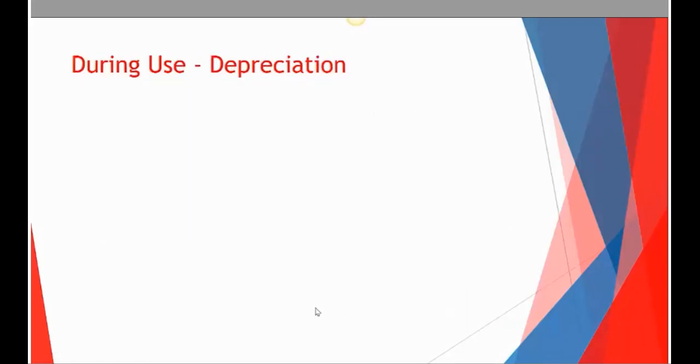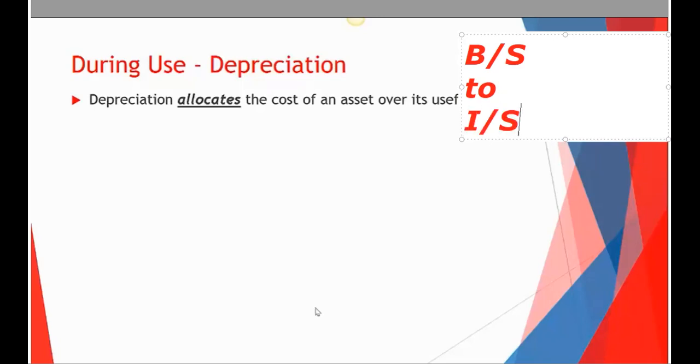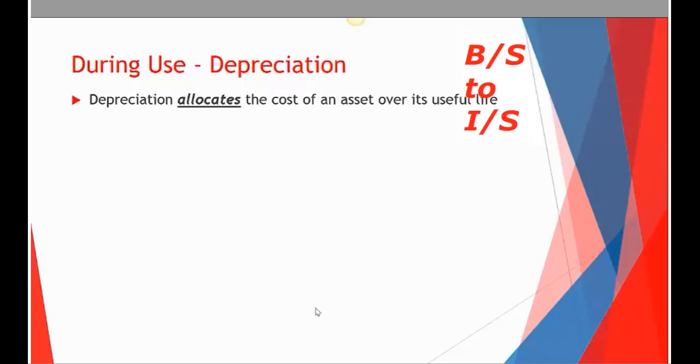All right. So those entries cover the setup. The initial entries, we're ready to go, we have our asset on our books, but now we're going to use it throughout the years, hopefully longer term, and we're going to talk about depreciation. One key with depreciation that I hear students struggle with almost every year is that we are allocating the cost of the asset over its useful life. We are not measuring the value of the asset. This is something completely different.